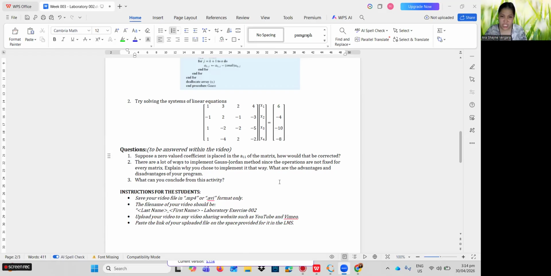The advantage is that it is simple and easy to understand. The disadvantage is that it is much slower to solve than using Gauss elimination.